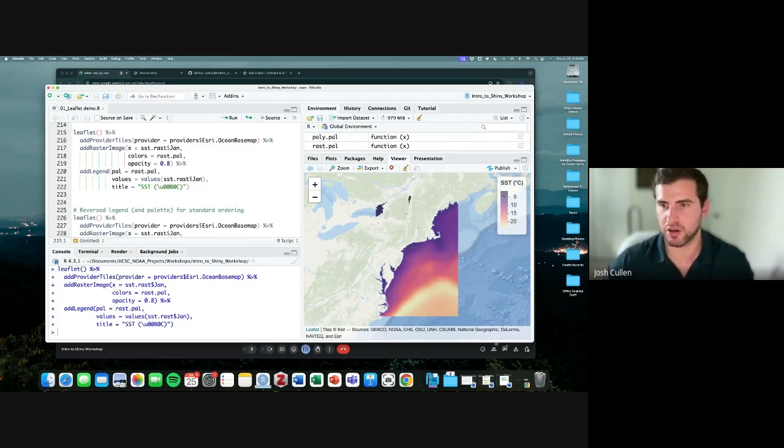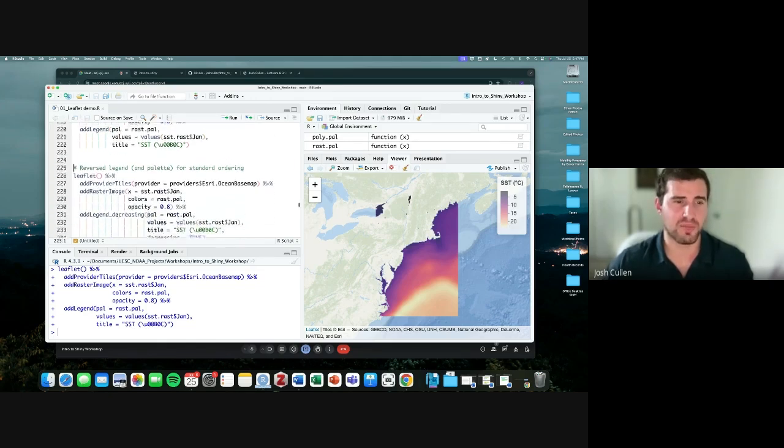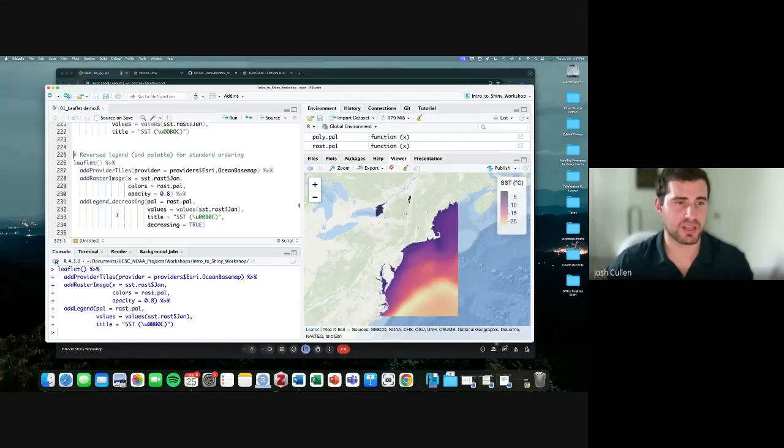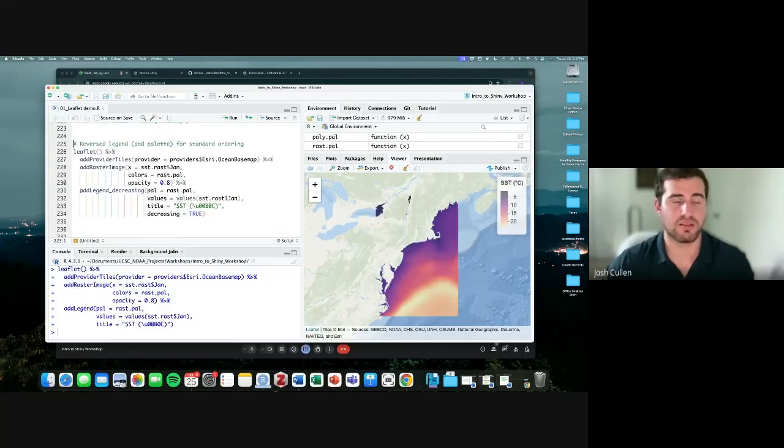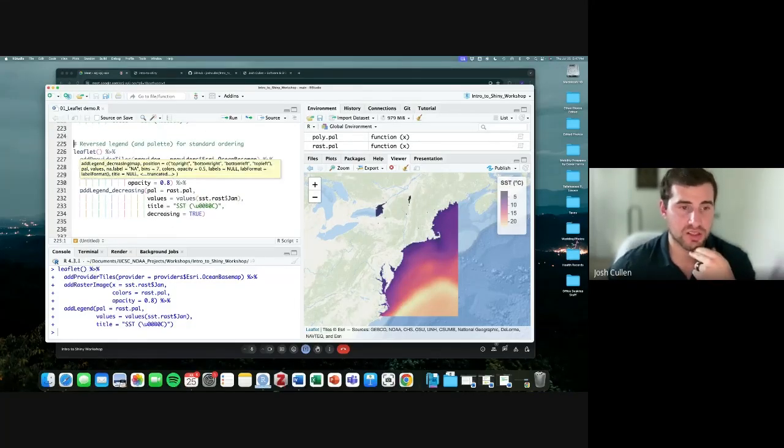So they start at the lowest value and then the highest values are at the bottom, which is not really what it is by default for almost anything else. So if you want basically the legend flipped, there's not many options out there. So I found on a Stack Overflow